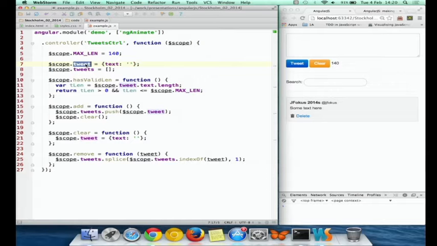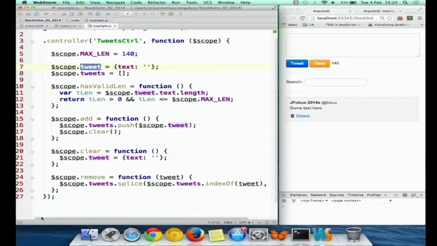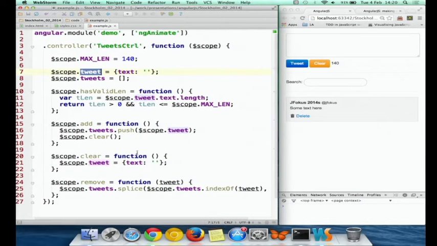And if we look at this code, you will be nicely surprised, I hope at least, to see that apart from this fancy $scope thing that we just covered, this is all pure JavaScript. There are no framework-specific APIs here.